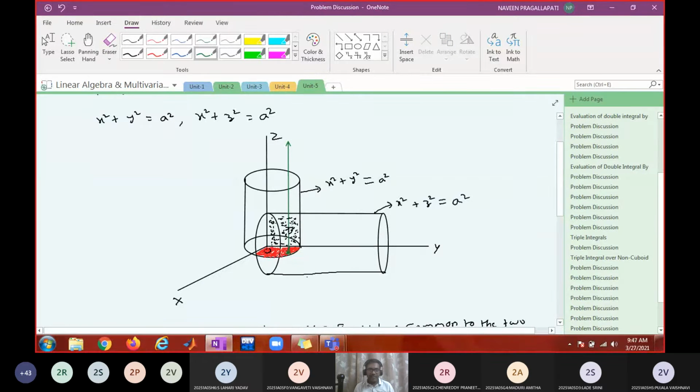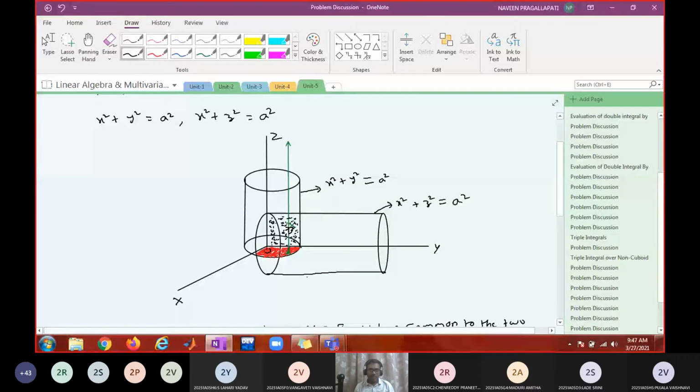And where is it leaving? Laterally you have x square plus y square, on top you have x square plus z square. So when the line is passing through the region, it is passing through the horizontal cylinder, not through the vertical cylinder, because the vertical cylinder is parallel to the line that we are drawing. These two are parallel, therefore this line can never intersect this cylinder. So when the line is parallel to the z axis, it will pass through the horizontal cylinder. Do you agree?